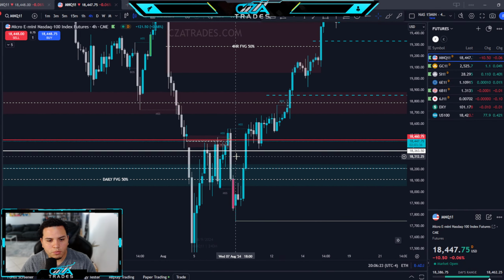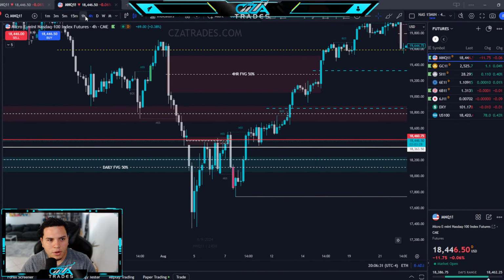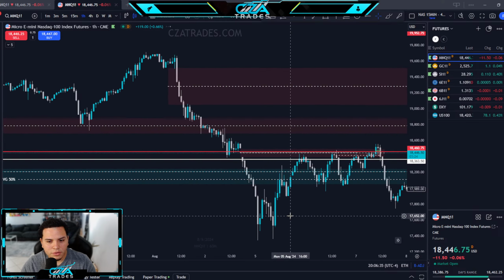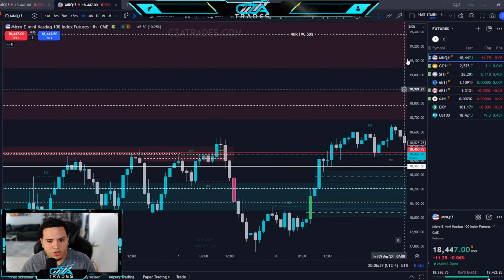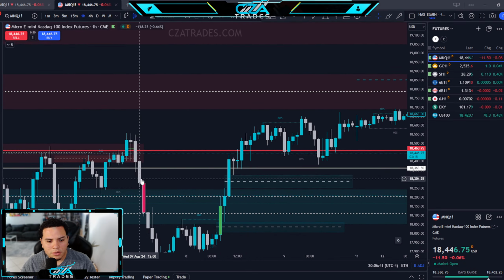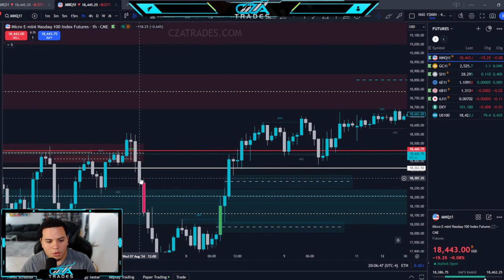This would have been a super clean entry right here at this fair value gap that became inverted, and then continuation to the upside on the 4 hour. How does it look on the 1 hour? Let's check that out. On the 1 hour, for sure, another fair value gap. But was there a clear entry? Not really. But once it broke through here, that was